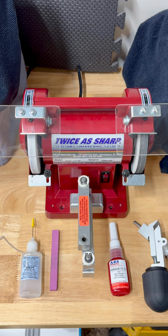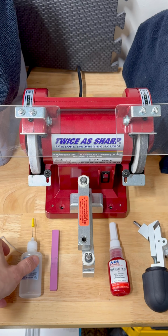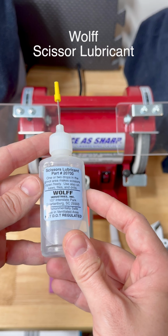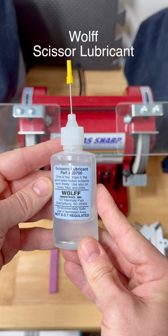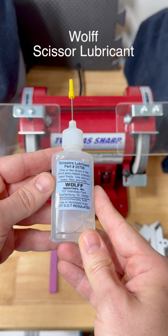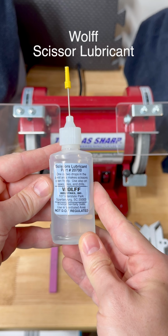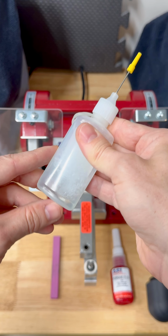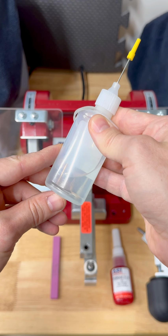So another important product you're going to need when you start sharpening is a good scissor lubricant. And this is the Wolff Industries Scissor Lubricant. It's really two things in one. It acts as both a cleaner and a lubricant. Because the formula is displaced by alcohol, it will actually wash away dirt, grime, and for hair scissors, hair from